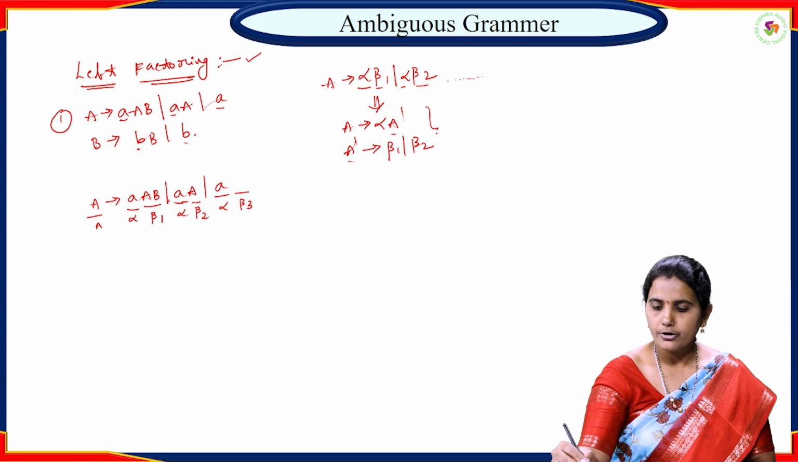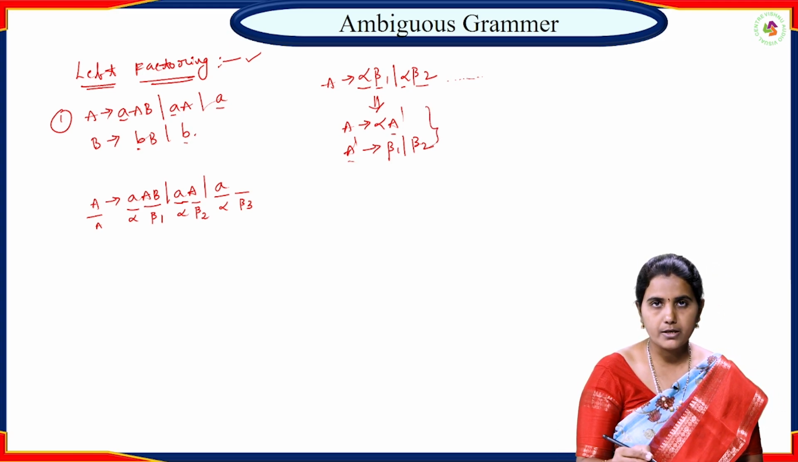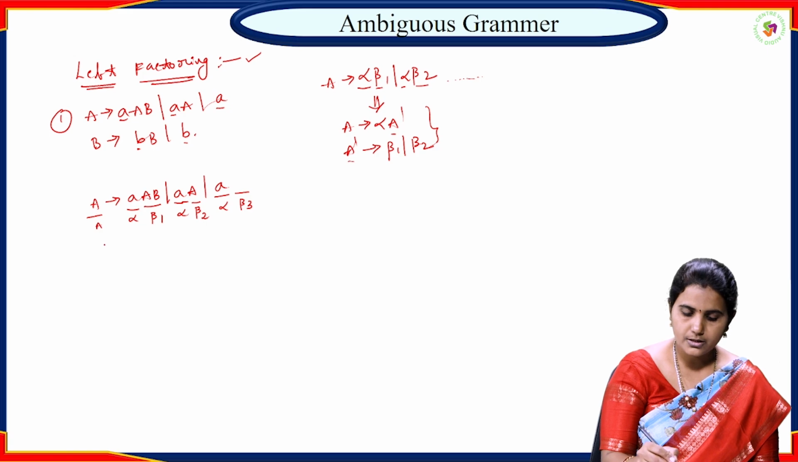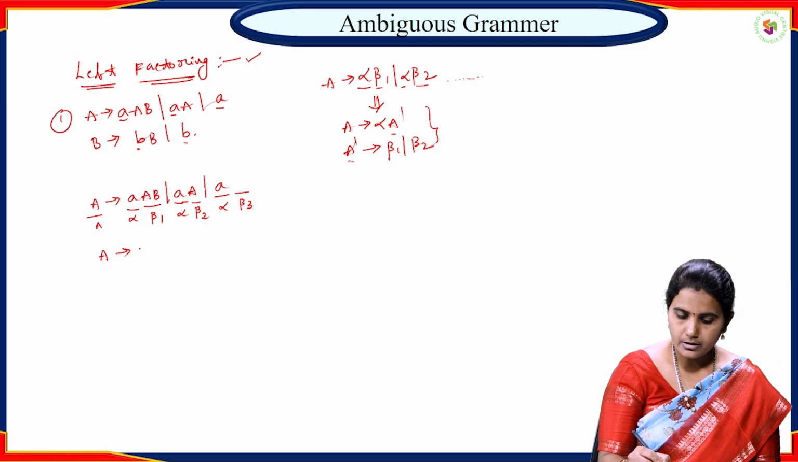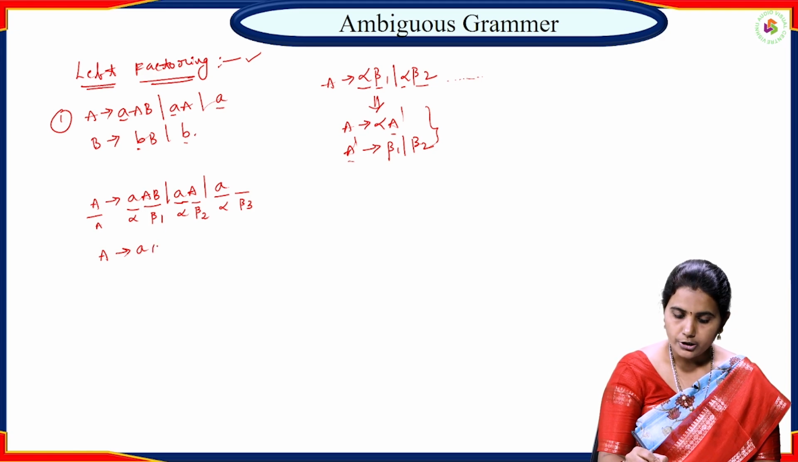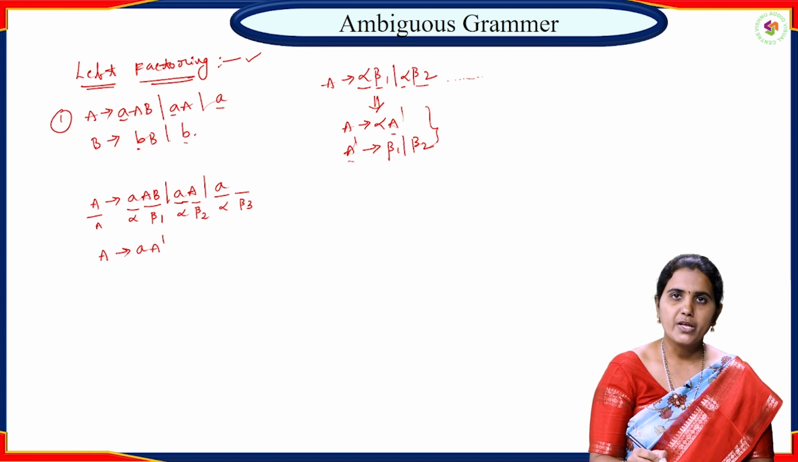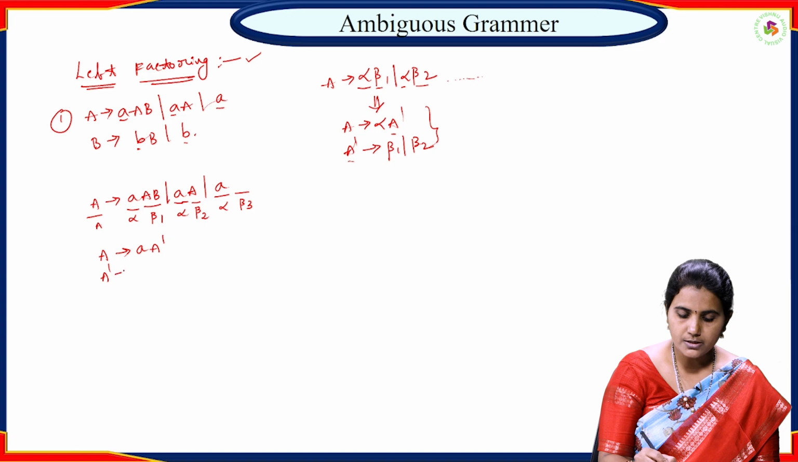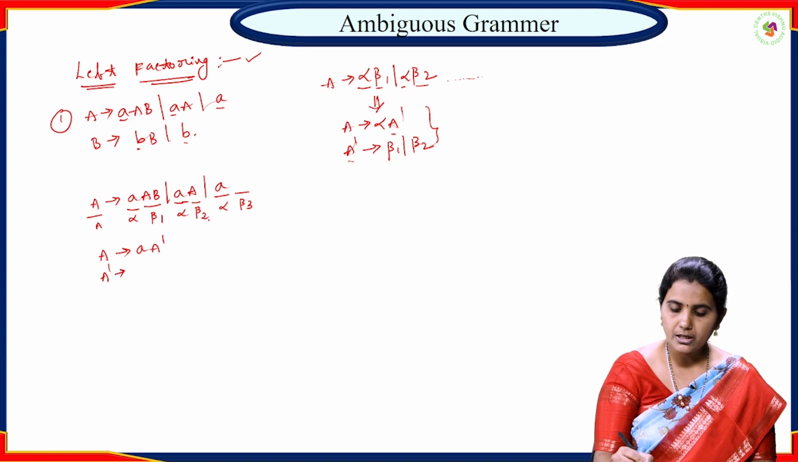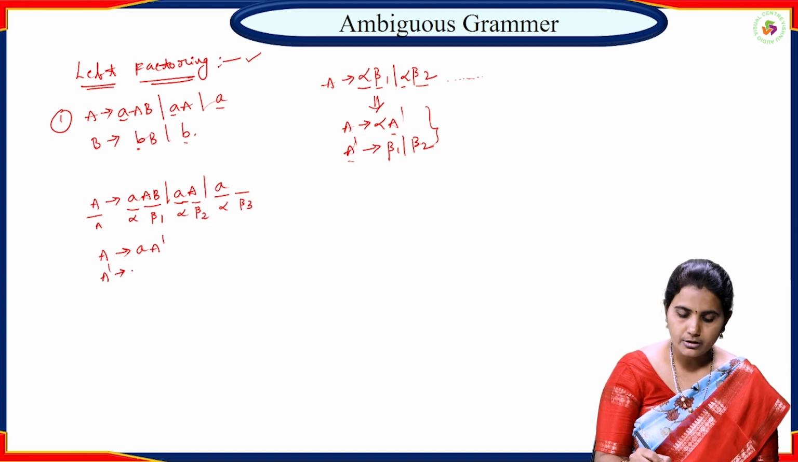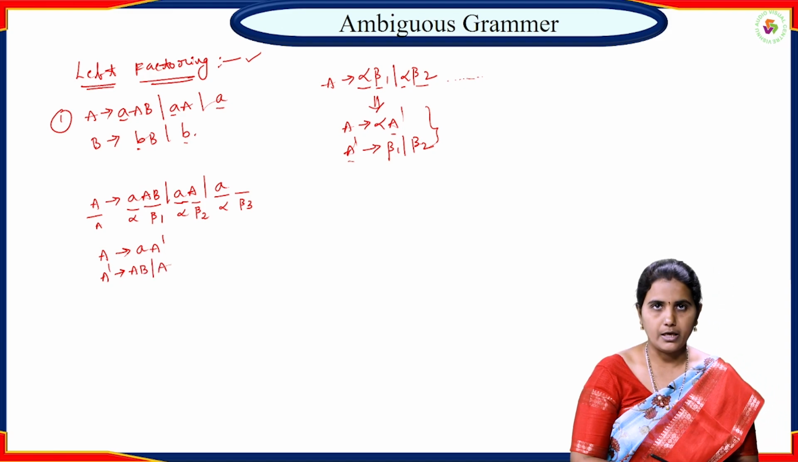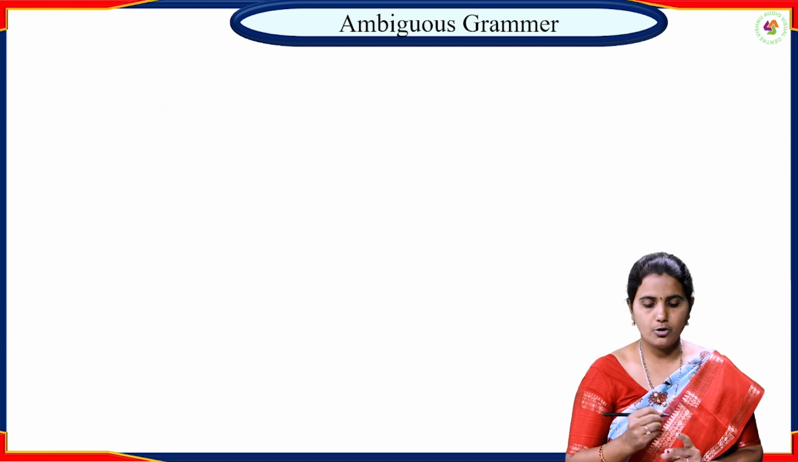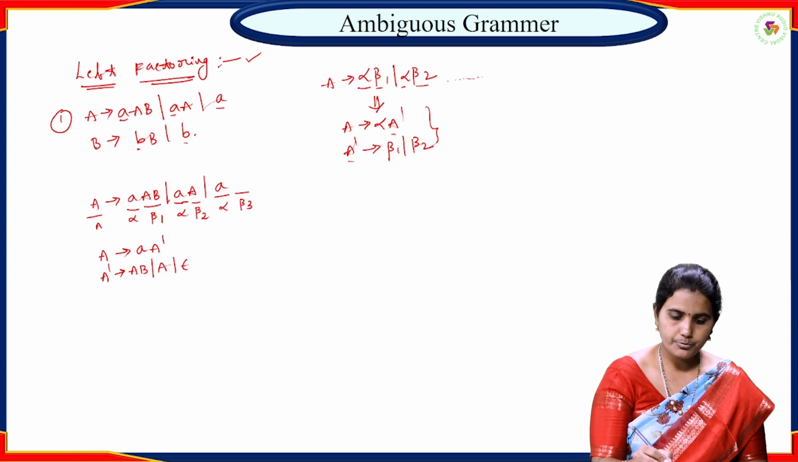Now your new productions are A implies alpha A dash. What is alpha? Here it is small a followed by the newly introduced symbol A dash. Now A dash implies beta 1, beta 2, beta 3. What is beta 1? Capital A, capital B followed by capital A. Next one is epsilon. Then go for the second production, that is B implies